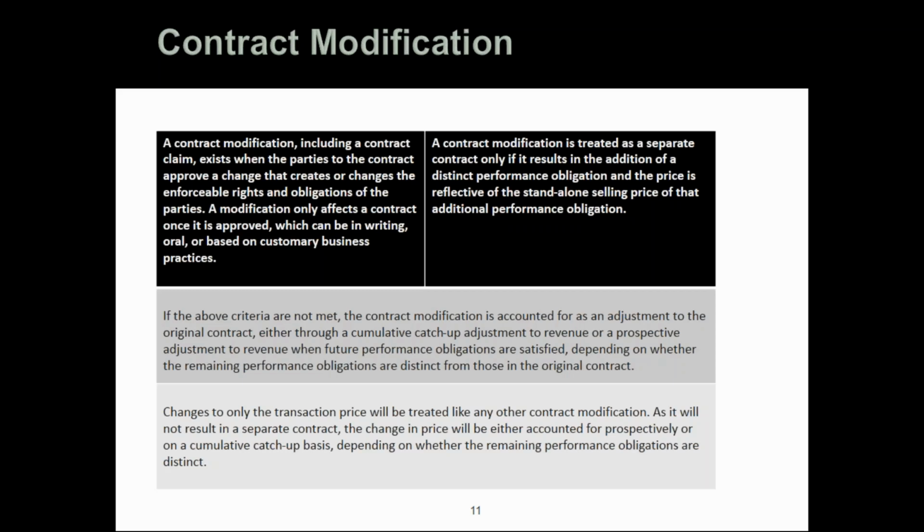Are they in effect adding on new standalone performance obligations, in which case it may just be accounted for as a new contract? In instances where you're modifying terms of existing performance obligation, the analysis gets a bit complicated because